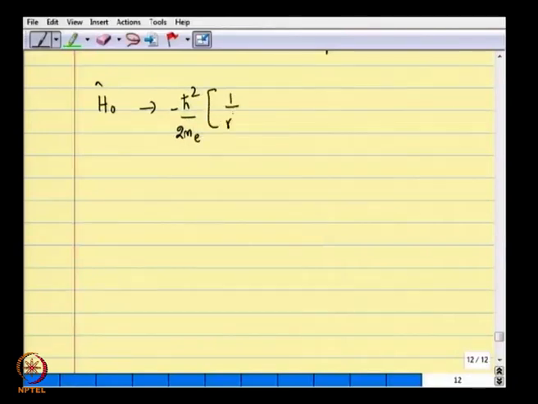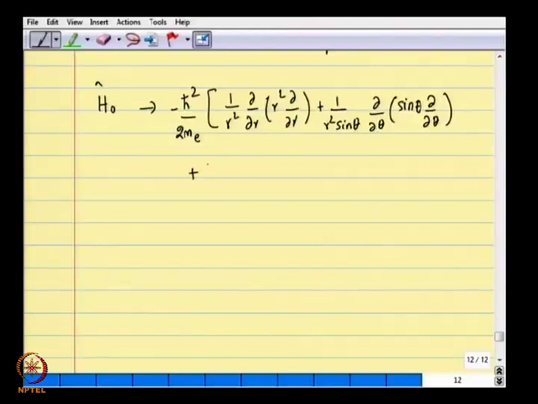It is a long expression: 1 by r square, dou by dou r of r square dou by dou r, plus 1 by r square sin theta, dou by dou theta of sin theta dou by dou theta, plus 1 by r square sin square theta, dou square by dou phi square, corresponding to the kinetic energy of the electron in a reduced mass system, where we replace the reduced mass with the mass of the electron, because the nuclear mass is very large, minus Z e square by 4 pi epsilon naught, for the relative coordinate of the two particle system,